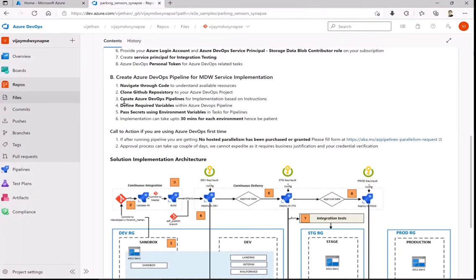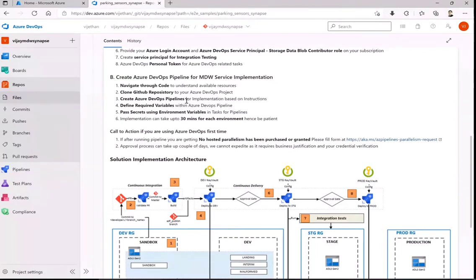Similarly, while we create the Azure DevOps pipeline, I will provide you instructions on how to get started on that pipeline at first, and what tasks you will need to implement it for the modern data warehouse components. There will be a number of variables required, and we will also be passing on secrets. We should do it in a secure way so that nothing is lost while you move from development to production, and that it remains secure.